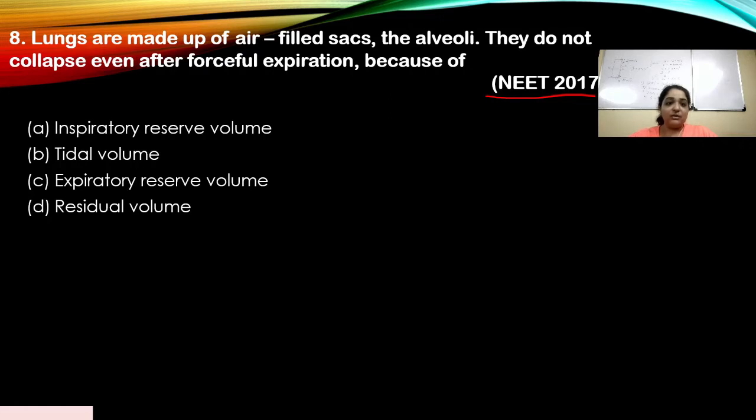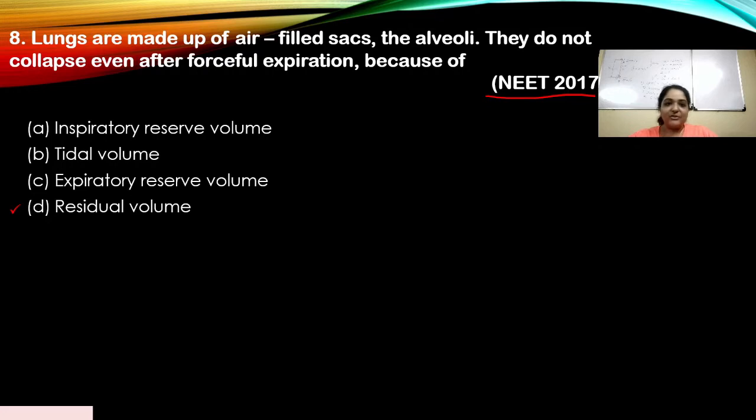So even after forceful expiration, now when forceful expiration occurs, that means even expiratory reserve volume does not stay in the lungs. So what happens? There's only residual volume present in the lungs. If you look at inspiratory reserve volume, tidal volume, expiratory reserve volume, all three are not there after forceful expiration. Okay, remember the table that I showed you previously? So that is very helpful to remember. And then you can answer these kind of questions here. So D is the right answer. Okay, so D is residual volume.